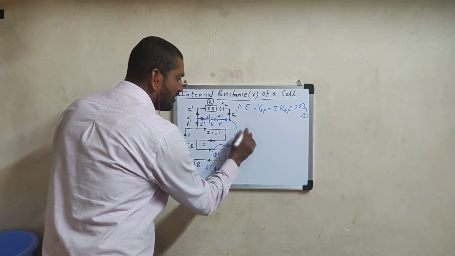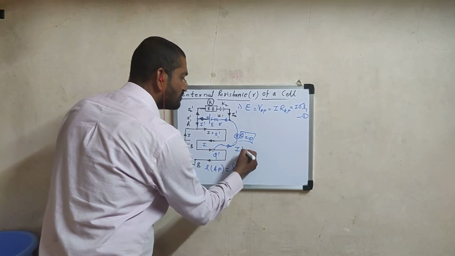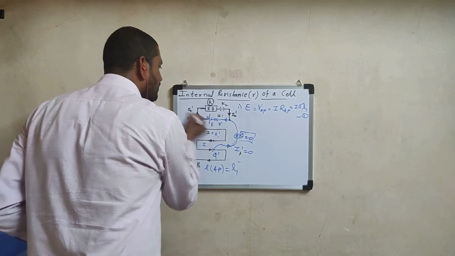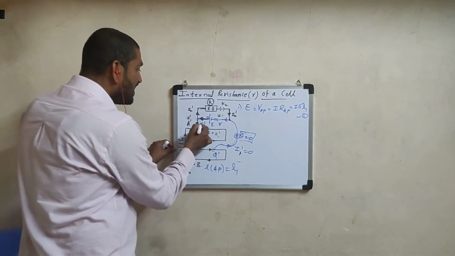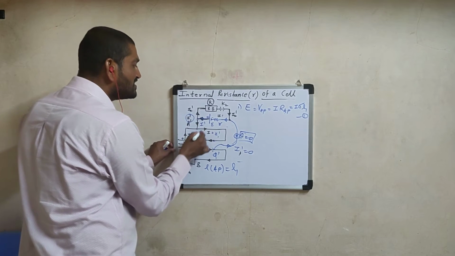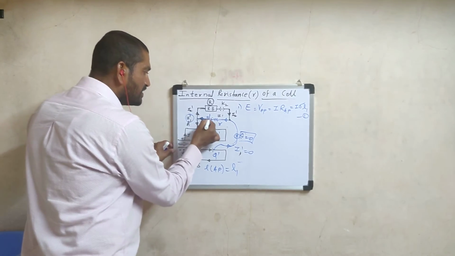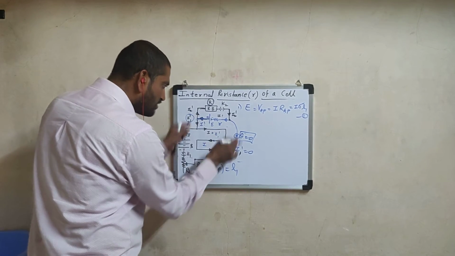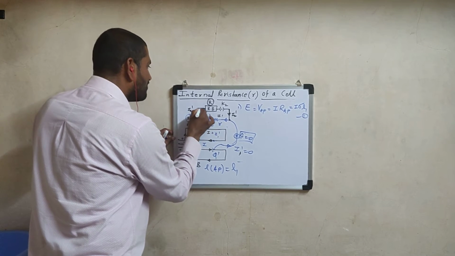Once the galvanometer shows zero deflection, theta equal to 0, what does it imply? No current flows, meaning I1 dash is 0. I1 dash is 0, what does it mean? How much current is drawn from this? Now this is not 0, because I1 dash is 0, it means that I2 dash is not 0. Meaning I dash is not 0. The total current drawn will not go towards the lower side because it acts as an open circuit, but whatever current is drawn has another path from the upper side.